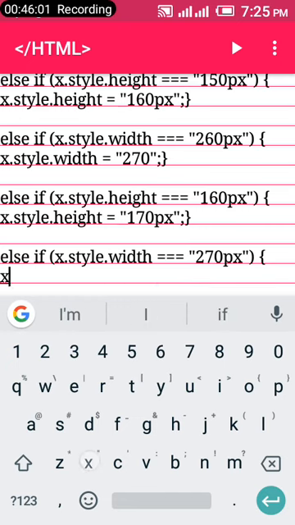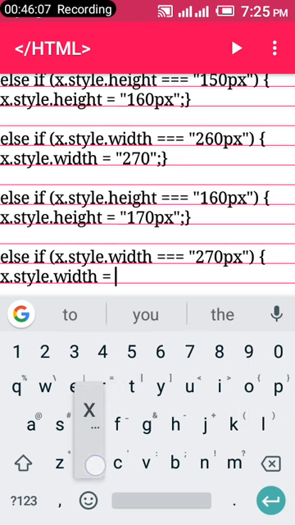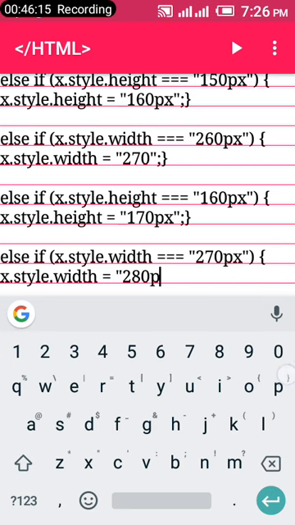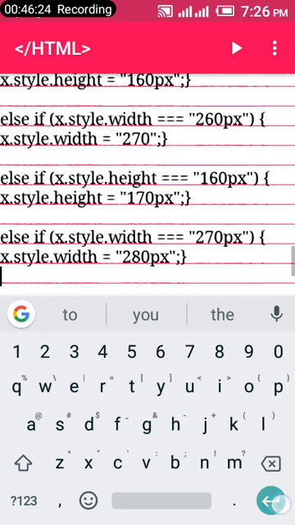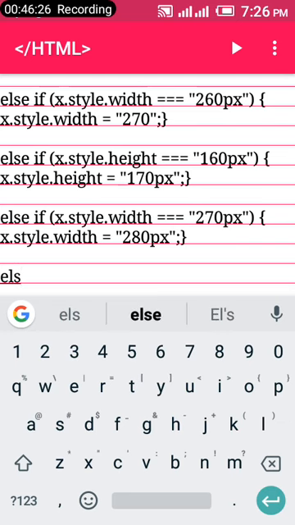So right under here, our new width will be x.style.width should be set to 280 pixels. Since we are going 10 by 10, 280 pixels. So you close this, add the semicolon, close the wavy bracket to the next line, else if